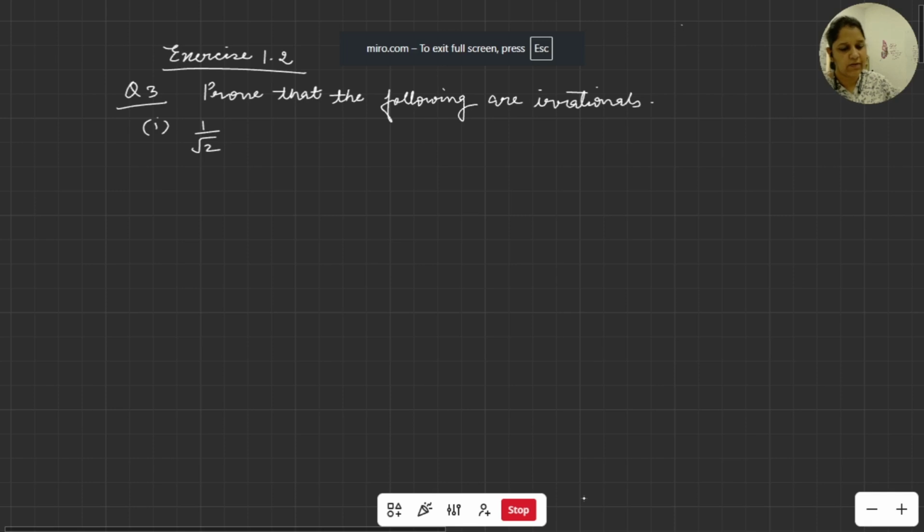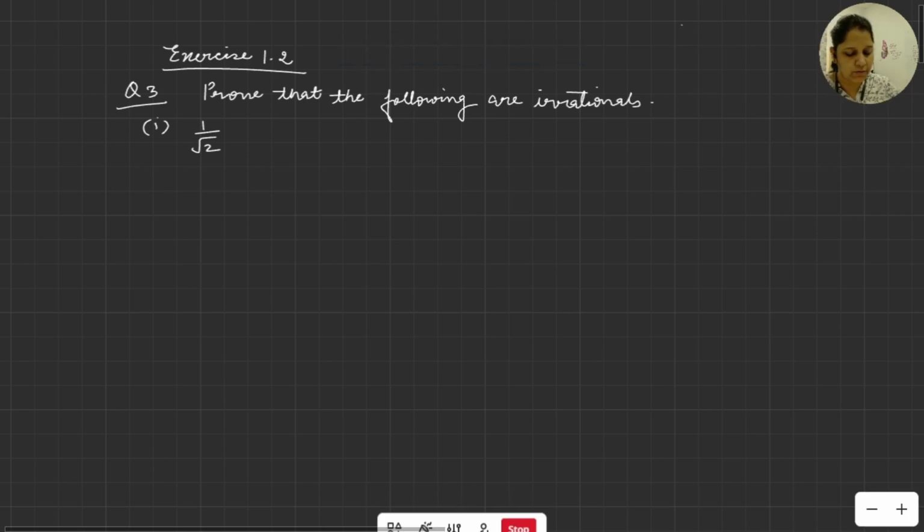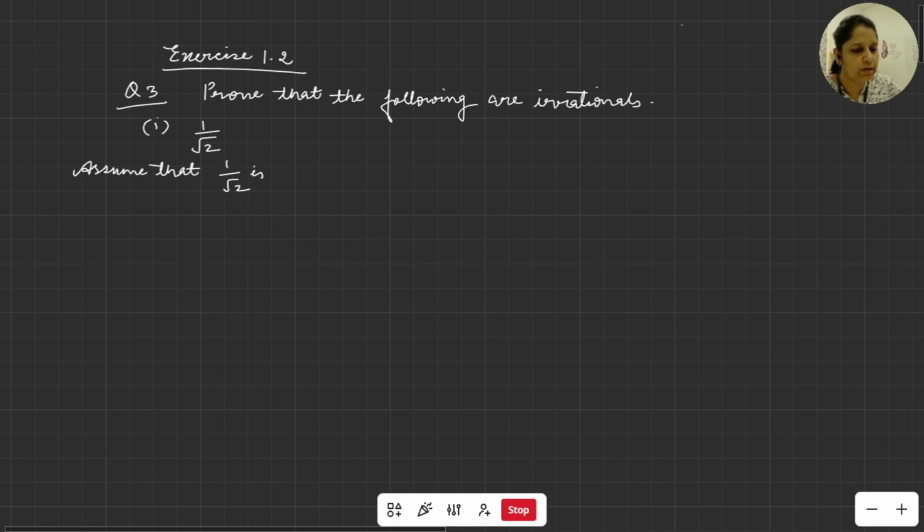अब एक्सरसाइज 1.2 का क्वेश्चन नंबर 3 देखते हैं. इसमें सीधा फर्स्ट पार्ट, इसको कैसे प्रूव करेंगे. मेथड सबका सेम ही रहेगा. सो इसमें भी हम यही लेंगे. Assume that 1 by root 2 is rational. So 1 by root 2 is equal to A by B